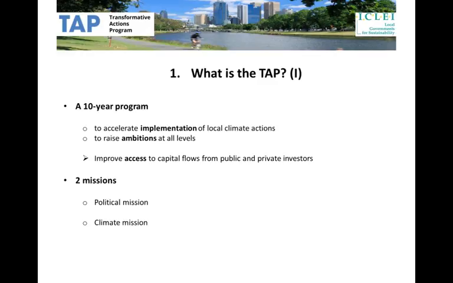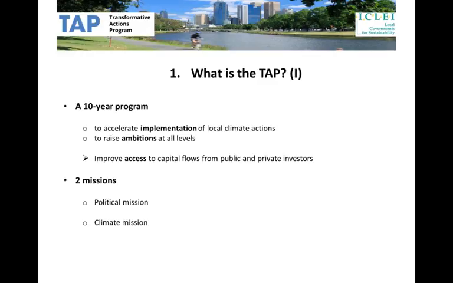And that's a key point. And so this leads us to the climate mission of the TAP, which is also very important, of course. That is that the TAP aims to mobilize cities and regions to design these transformative and bankable climate actions, to collect and showcase these actions, and where possible, the TAP also aims to assist the pre-brokering between local and regional governments on the one hand and financing bodies on the other hand.